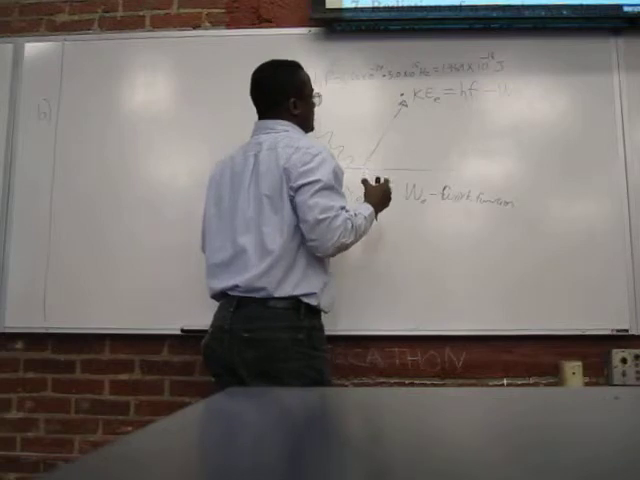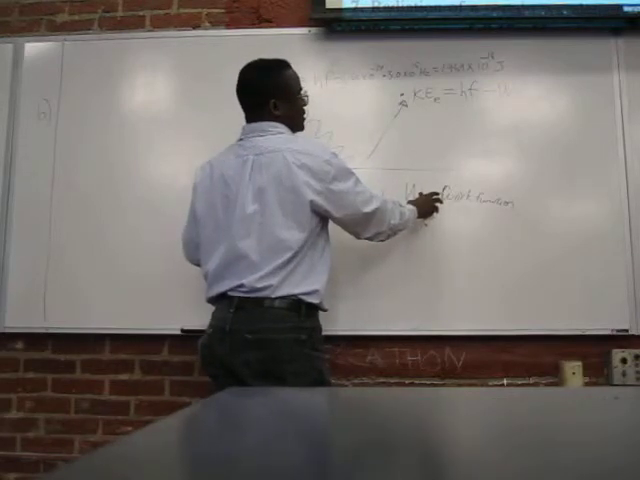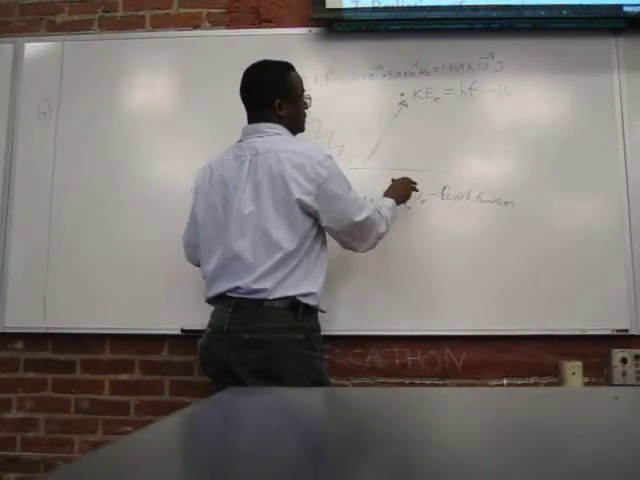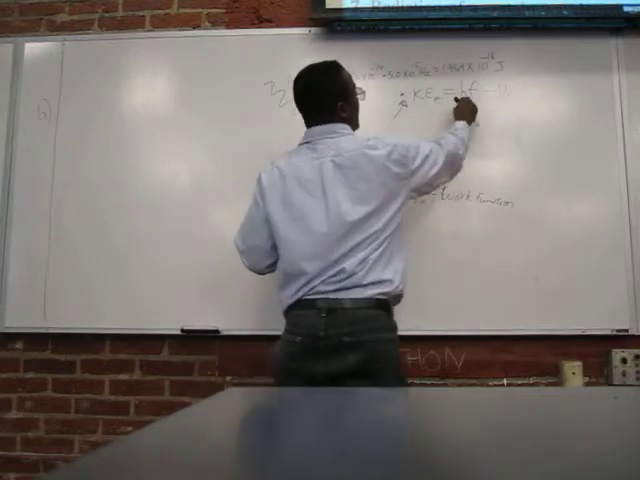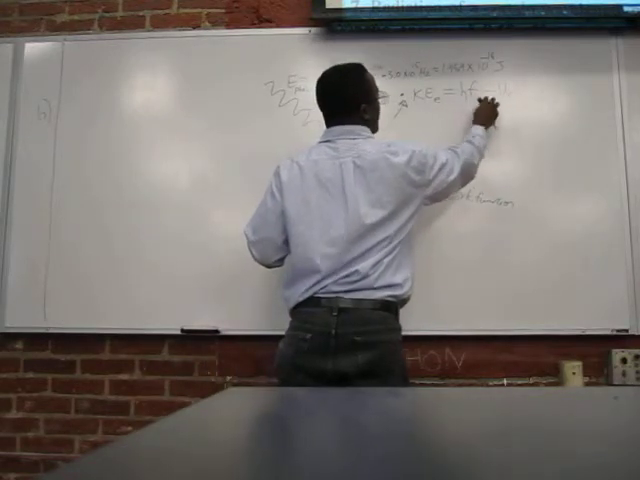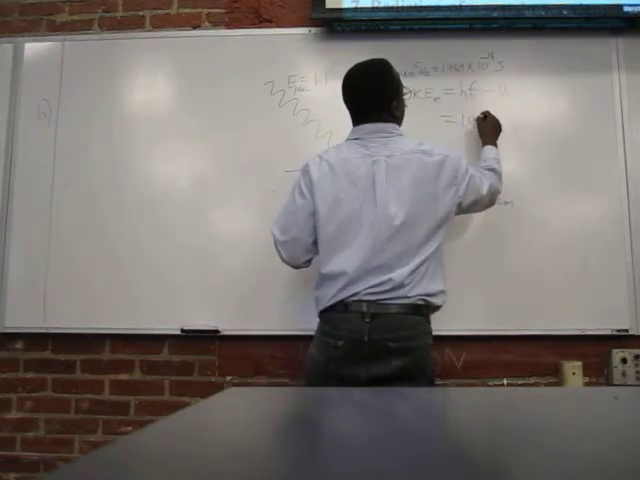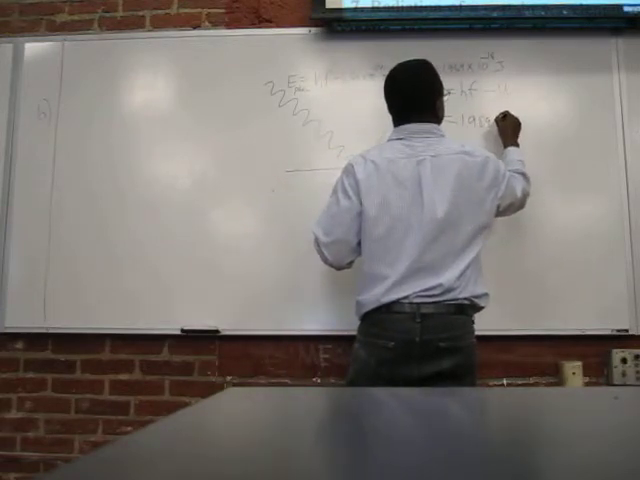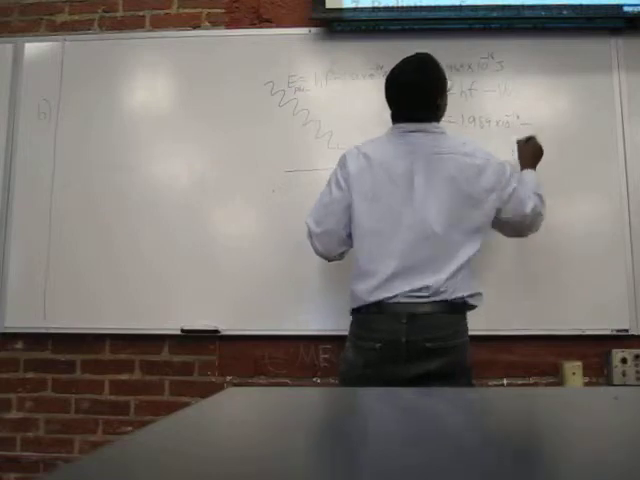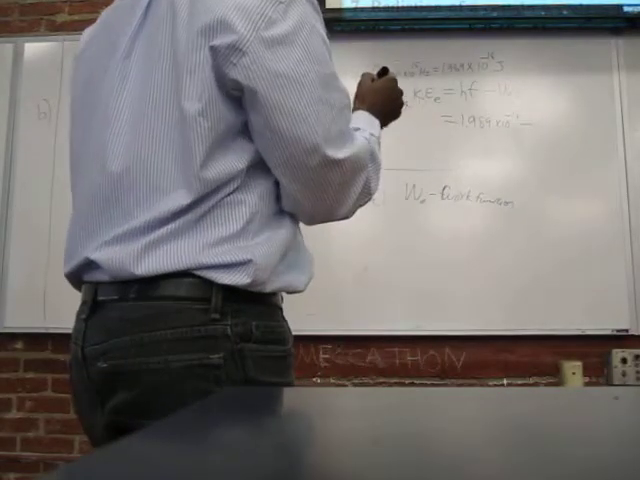Some of that energy is consumed by the work function of the metal. So what we're left with is hf minus the work function. We calculated what the energy of the photon is. Now we're just going to subtract the work function of the metal. The work function of the metal is